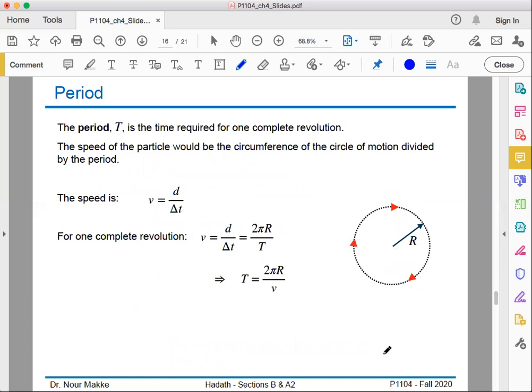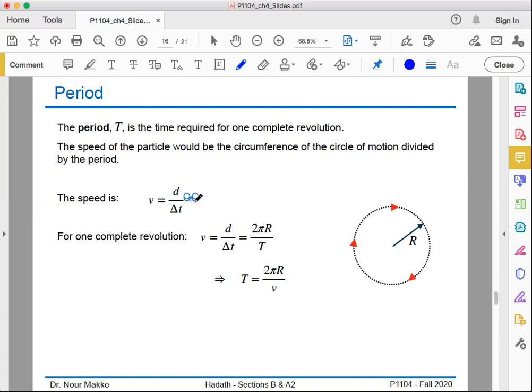which is the period. So actually the period is defined as the time needed for a particle to complete one revolution, to make one complete circle. We talk about this variable when we talk about the uniform circular motion. So the speed of the particle would be the circumference of the circle of the motion divided by the period. As you know, the speed is defined by the distance traveled by the particle divided by the time interval. So we can say therefore that v is equal to the distance